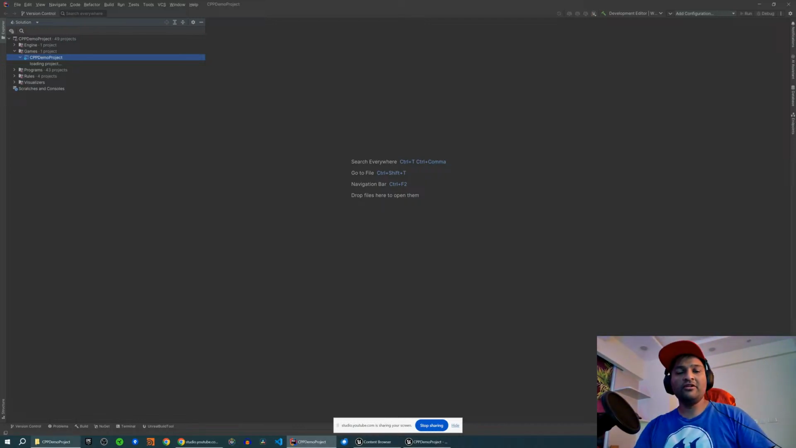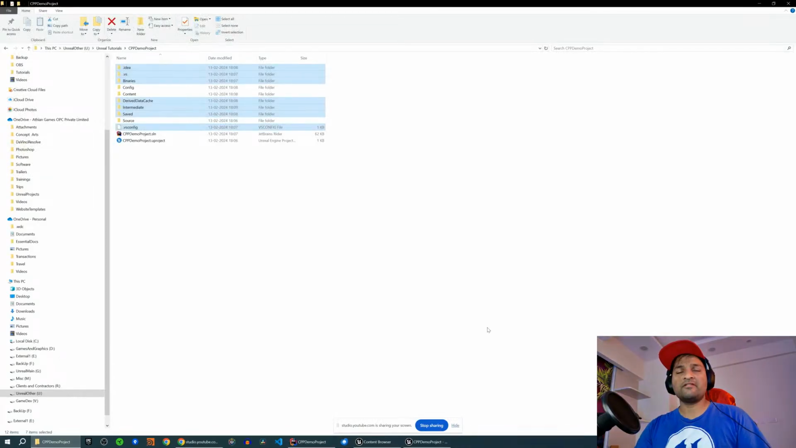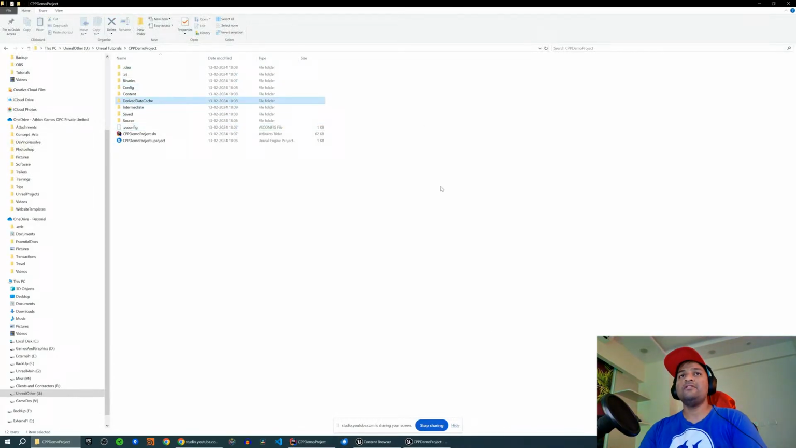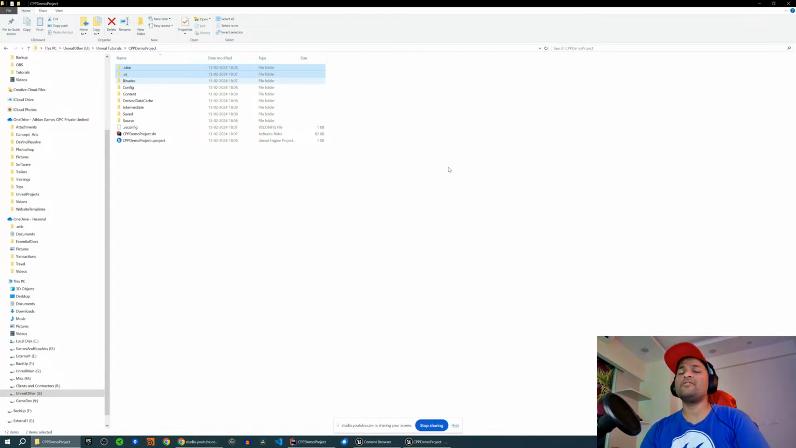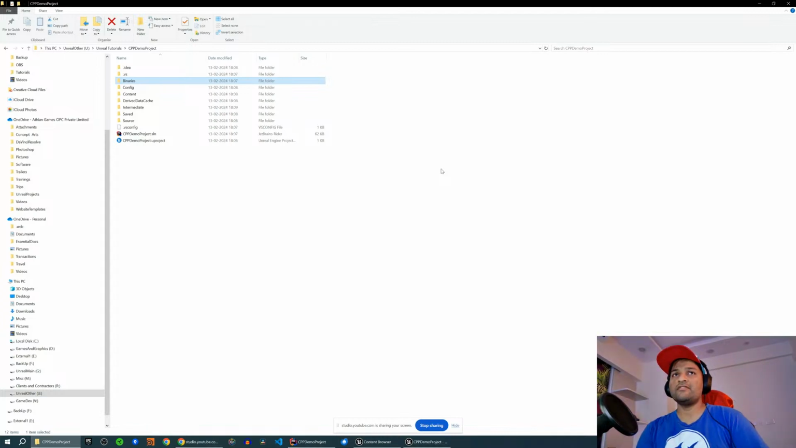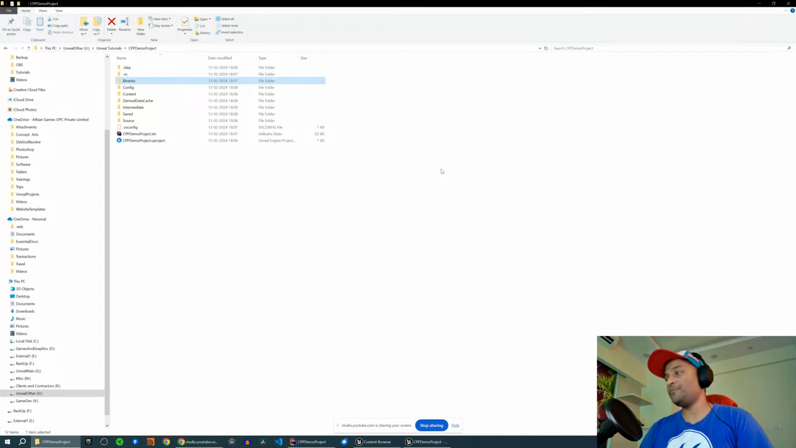While this is loading, let me explain the rest of the stuff. These are completely temporary files that you can safely delete. Also, these are the files that are created when you are creating a C++ project, and these are also temporary, you can delete. Your Binaries folder is the one where, when you are compiling your C++ code,